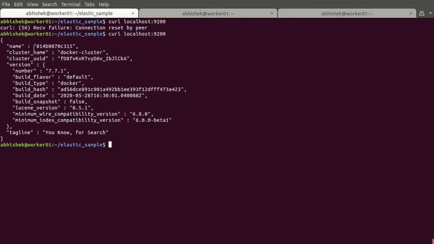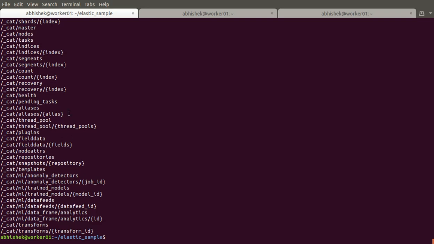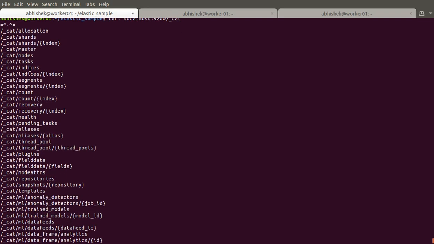Now you can see the cluster is available, and here are some more commands like _cat. It will show you all the available options. So here are some options available. You can check masters list, node list. Let me show you.